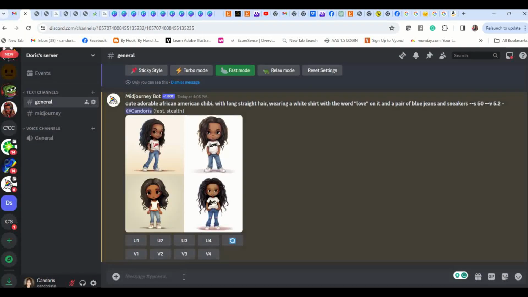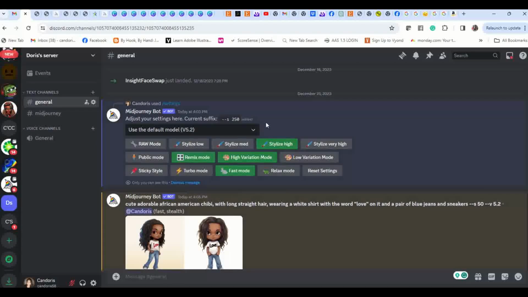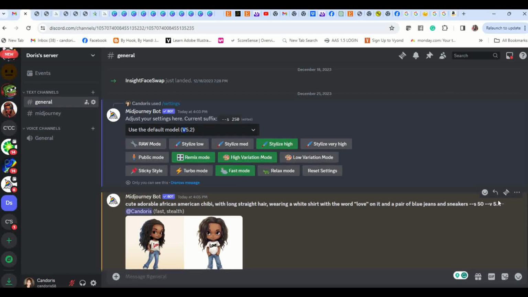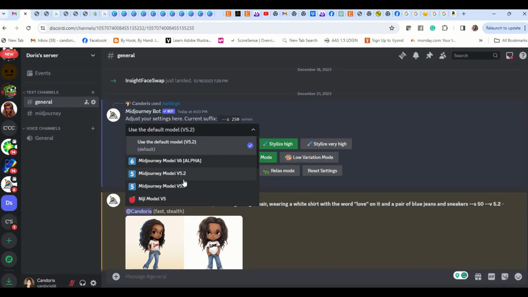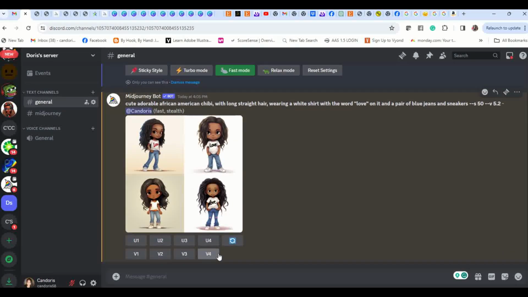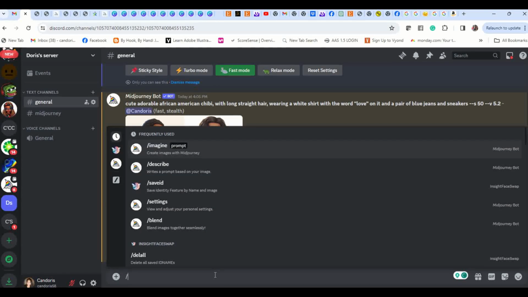Okay. So when I go back and I look at my settings, I still have my settings set at 5.2, and I did indicate 5.2. So I'm going to go ahead and change my settings now to 6. And so now I don't have to actually manually type in 6. It's going to automatically pull 6 when I generate a prompt. So now I'm going to go and I'm going to type